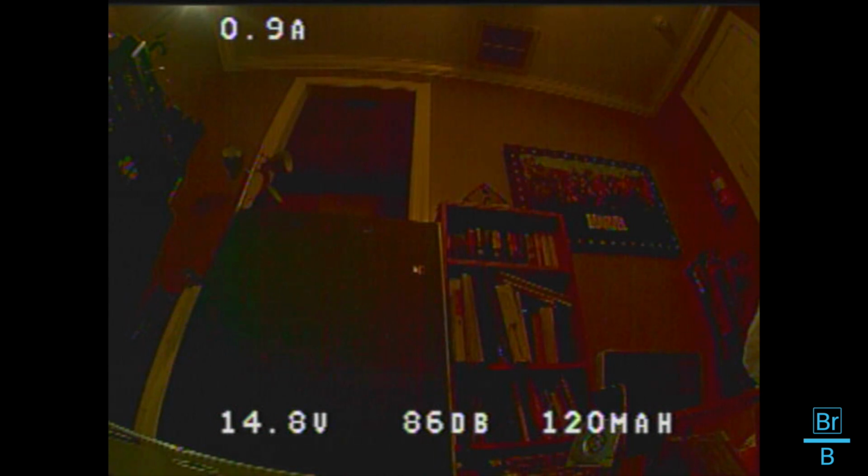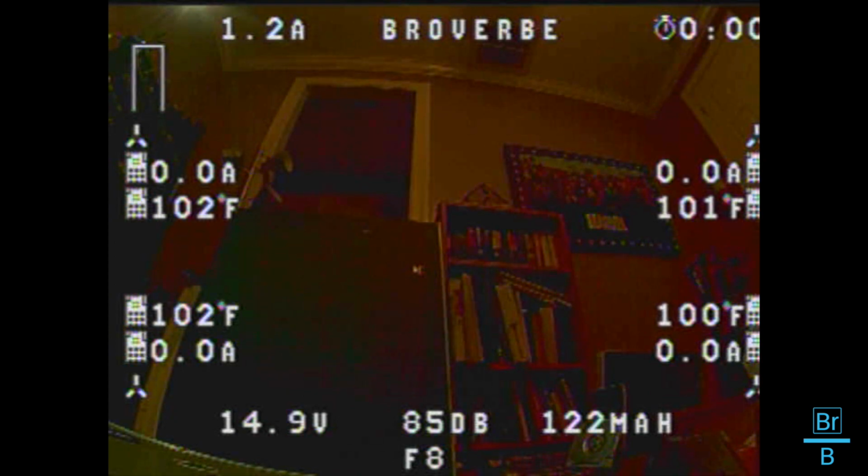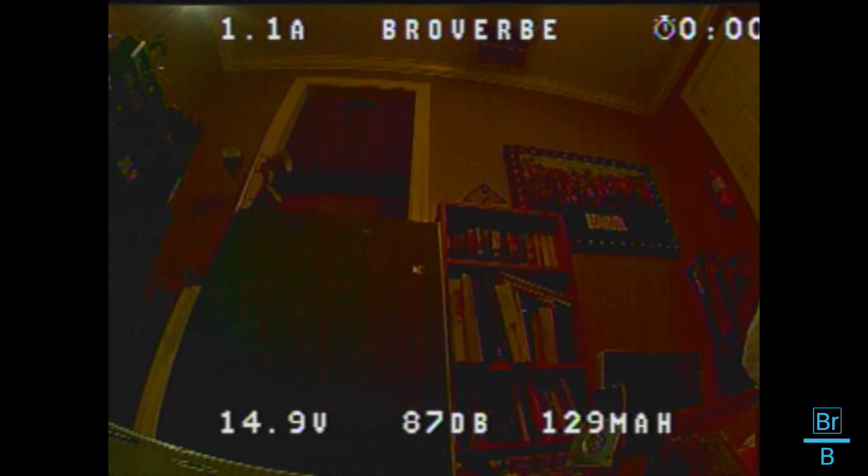If I roll my slider all the way off, I get absolutely nothing on the screen. If I begin to roll them on, they come on in the order that I've selected, all the way on to the ESCs. And I'll power this on real quick so you can see what the prop symbols do. It's kind of gimmicky, but it's fun. They start moving. How fun. I do have my propellers off. That's something you should always do if you're doing any kind of work where you're connecting your battery to your quadcopter. But anyways, that's a very quick walkthrough of the Wolfe PDB OSD running KISS